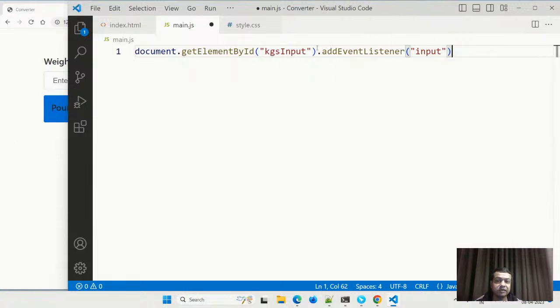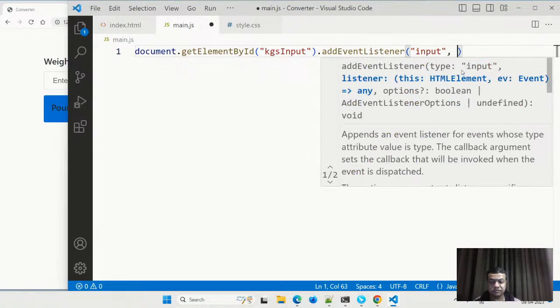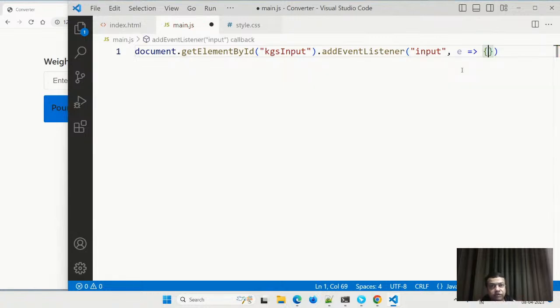First part says: select this thing and add an event listener to it, which has this input. Input is something which will fire the moment someone types something here. Then we'll have an E. We teach DOM programming also before reaching this project, so please see our larger JavaScript workshop. We take a 4-day workshop of JavaScript also on our channel, so you will see that.